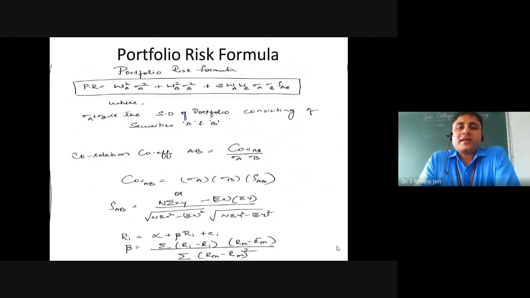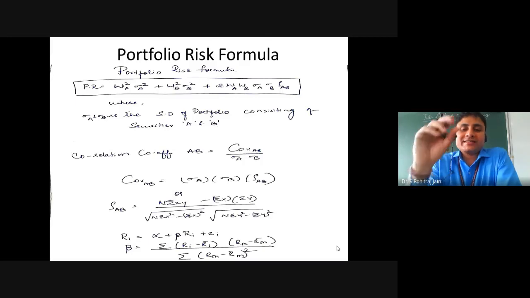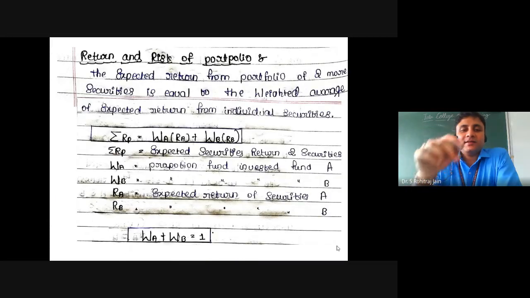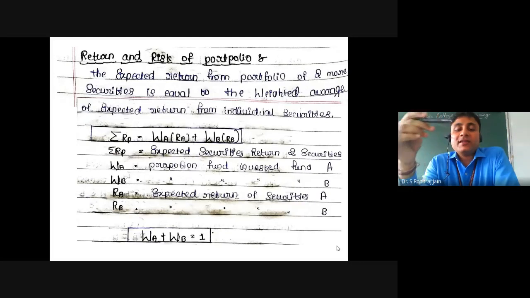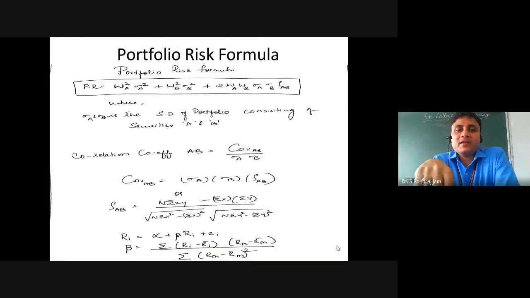Now, how do I calculate the portfolio risk? Please remember portfolio risk. Just now what we discussed was portfolio return, that is summation of RP, when they have given me the weights associated with each security. Now portfolio risk is equal to the weight of security A, WA square into sigma A square, means what? Standard deviation of security A square, plus WB square sigma B square, plus 2 into weight of security A into weight of security B into standard deviation of A into standard deviation of B into correlation coefficient of AB.